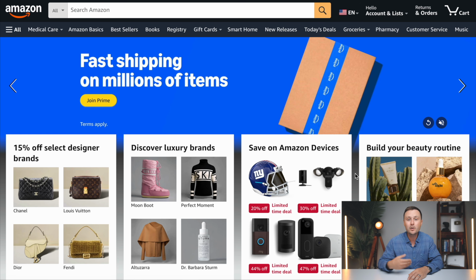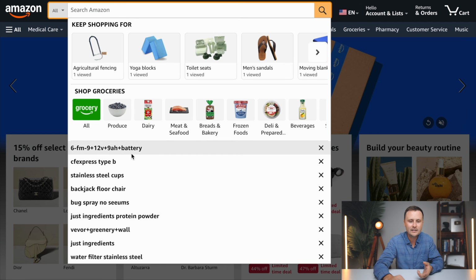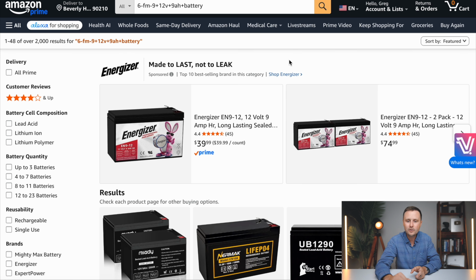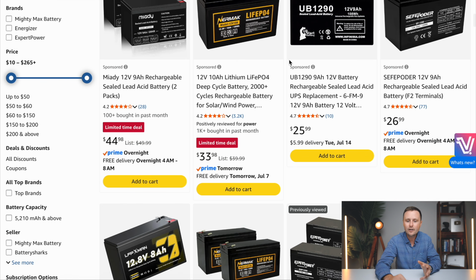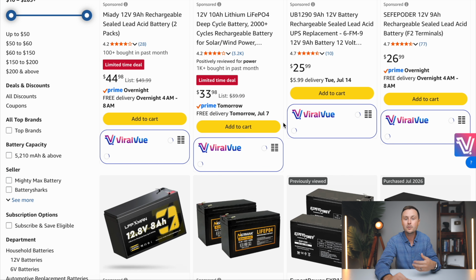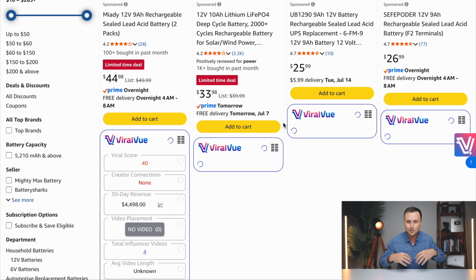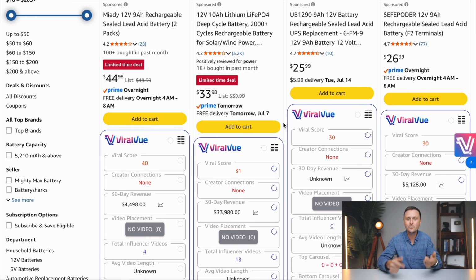So what I recommend is when you're about to buy something new on Amazon, something that you just need for your life, come back to Amazon and go to Chrome, so you have the Chrome extension for Viral View. And let's just use an example here. This is a battery that I was just buying. I actually bought 2 of these. And what you can do here is when you just load Amazon, that Chrome extension, give it a second, and it's going to pull all that behind the scenes data that we were talking about from Amazon. It's going to put it to the front for us.